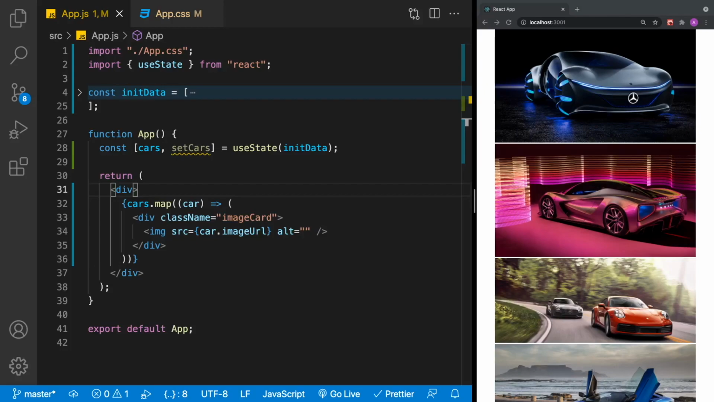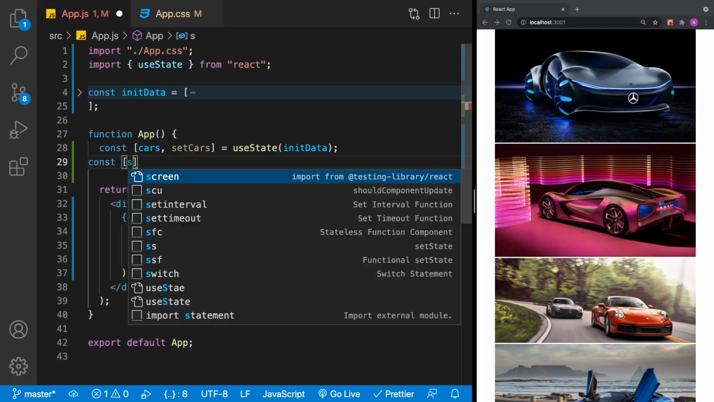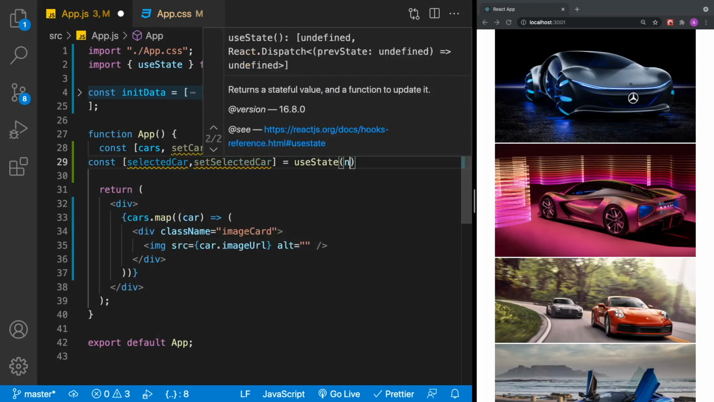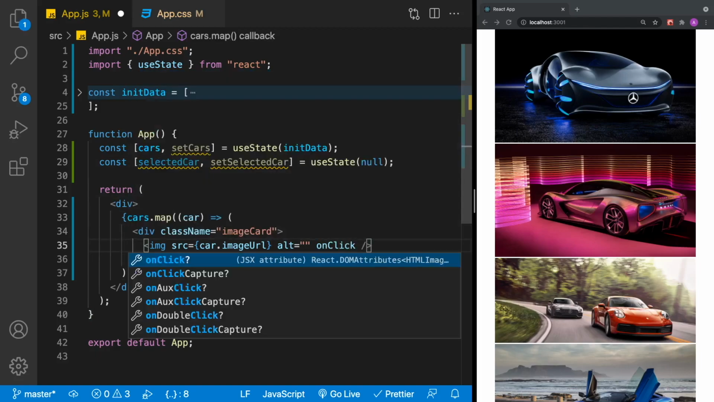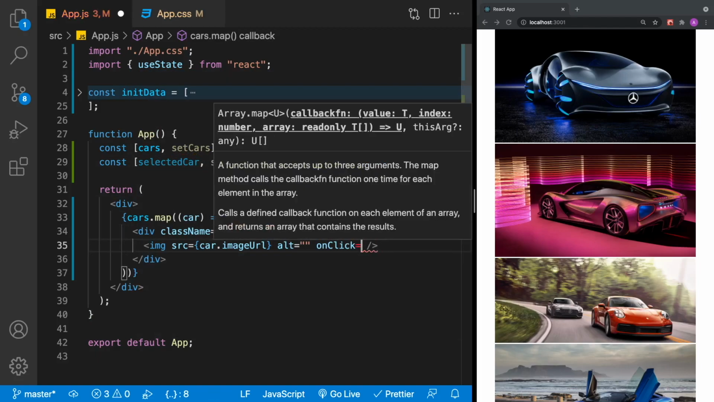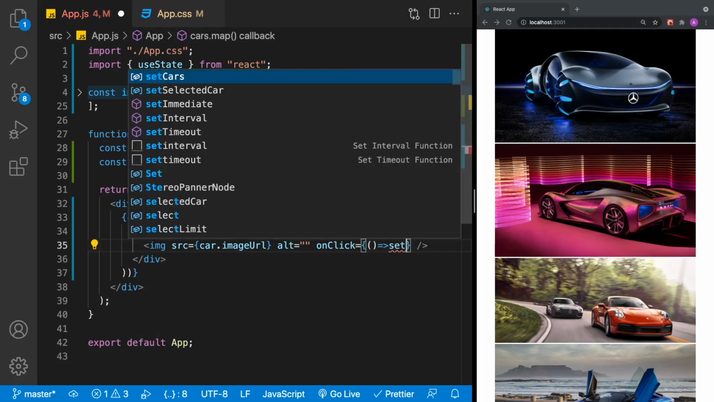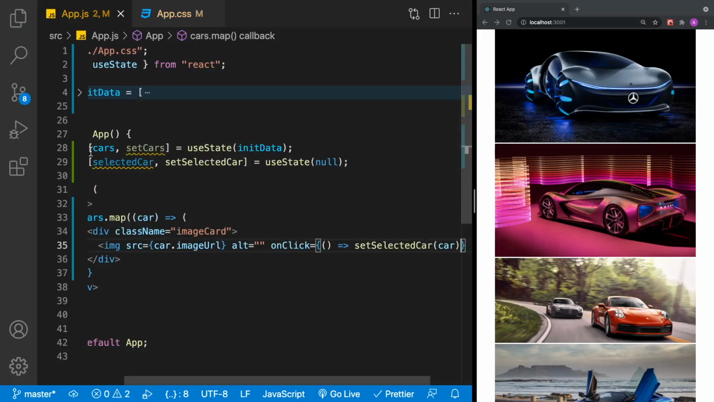Next, let's handle the onClick event that'll be fired when we click on an image. So what we're going to need for that is another piece of state called selectedCar. So we'll go ahead and add a selectedCar and a setSelectedCar. And that state is just going to be set to null. Then inside the image, we're going to go ahead and add an onClick method. And we'll just define an arrow function. That arrow function will go ahead and set the selected car equal to the car that we get from our